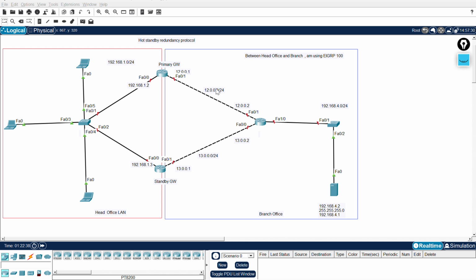So in today's session, I am going to explain how to configure HSRP, and I will show you practically how it works. First of all, we need to understand, without HSRP, what is the problem? Okay, just here,